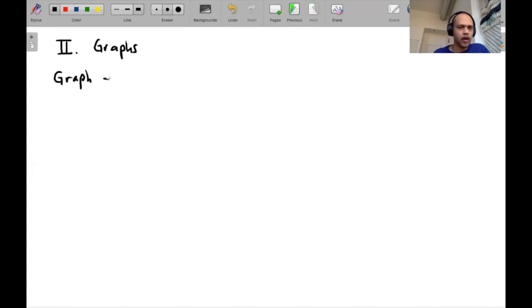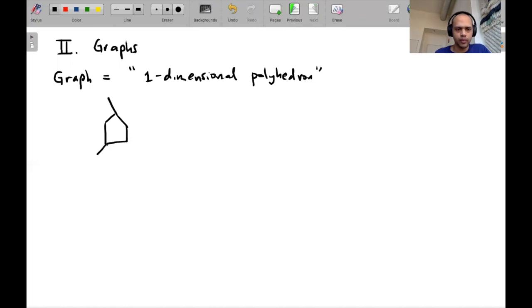So a graph roughly is a one-dimensional polyhedron. Let me draw some pictures. It might look something like this, or something like this. So in a graph, you have vertices,